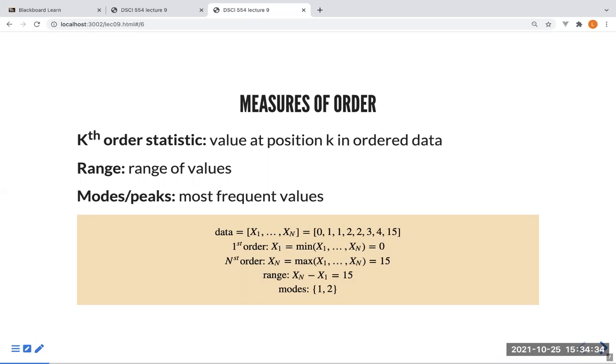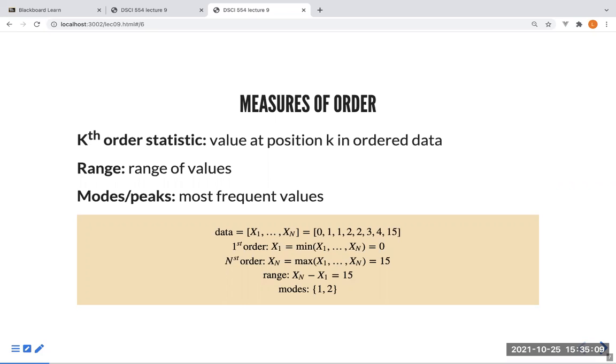Here what you do is rank your data from the smallest to the largest, and then you give an incrementing number, like 0 or 1, whatever you like, to the order that corresponds to it. So the smallest number ends up being the first order statistic, and the nth number is the nth order statistic